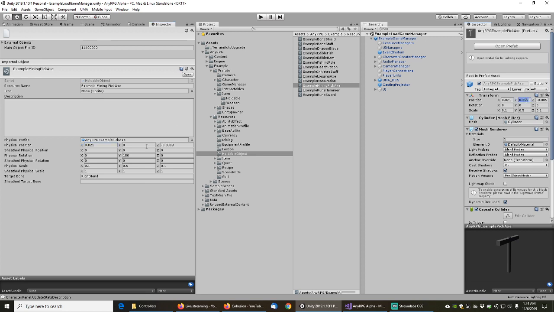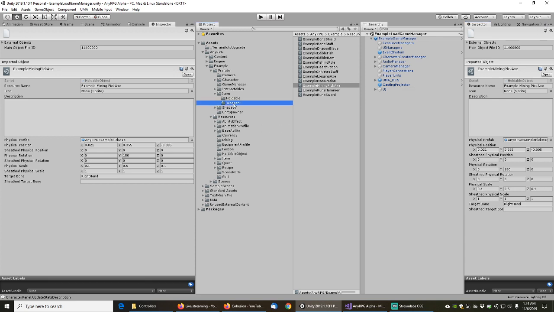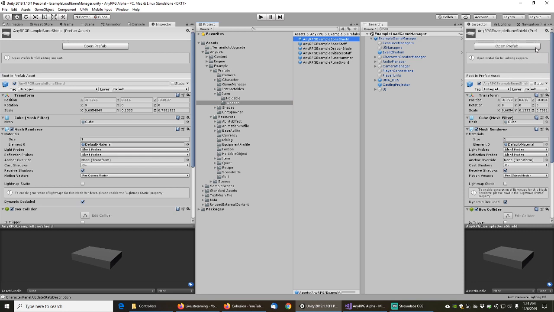These positions are probably all wrong, but they're practically zero. I don't even know why I bother with those, but let's see. Next, that was the pickaxe, so now we want to unlock that. We want to go over to the example bone shield